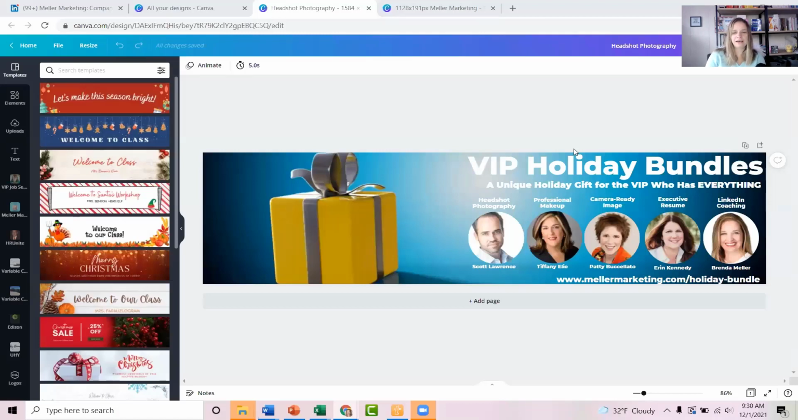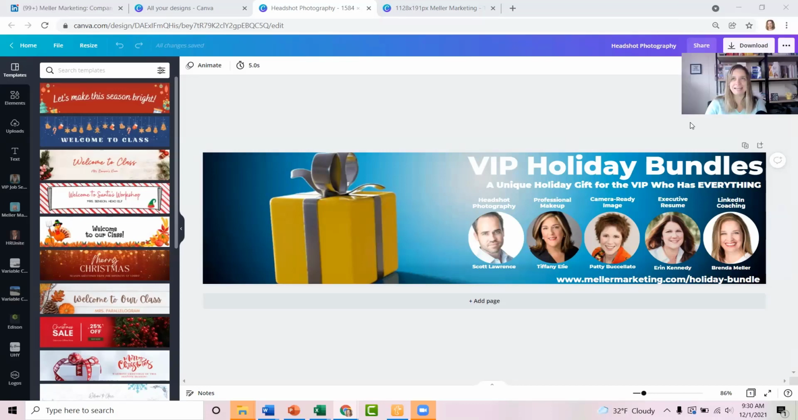All right, so this is the header that I created for my personal profile on LinkedIn, and I want to create a version of this for my company page. Now the dimensions are a little bit different. Personal profile, it's 1584 by 396. I'm actually going to change this because I didn't put that on this one already. 1584 by